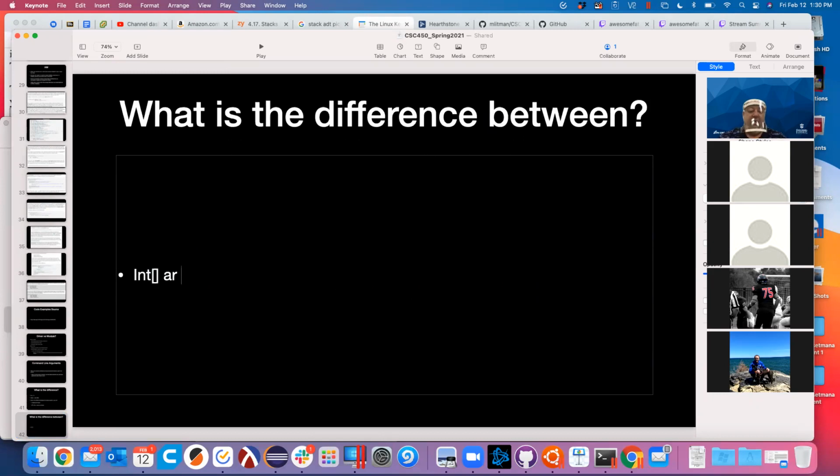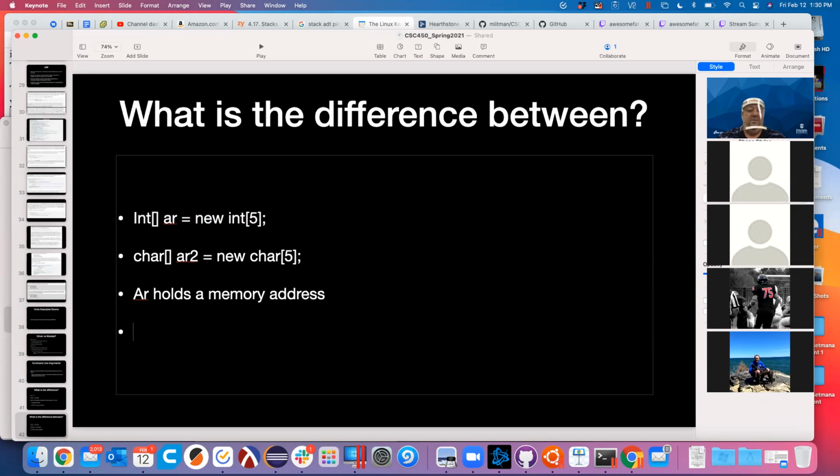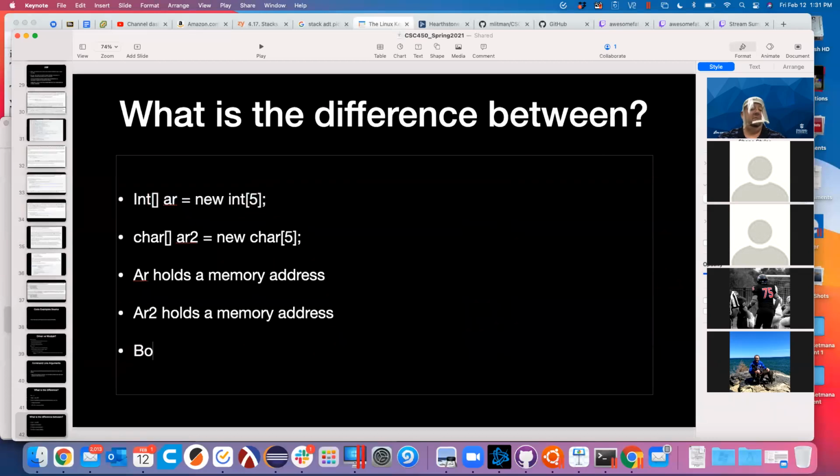What's the difference between int array AR is equal to new int array 5, and char array AR2 is equal to new char array 5? What kind of value is in AR? Memory address, right? It's an array. So AR holds a memory address. What does AR2 hold? Also a memory address? So what's the difference between the two of them? So both of these memory addresses